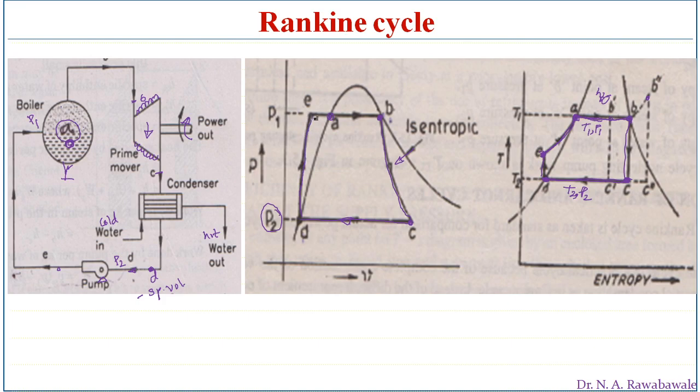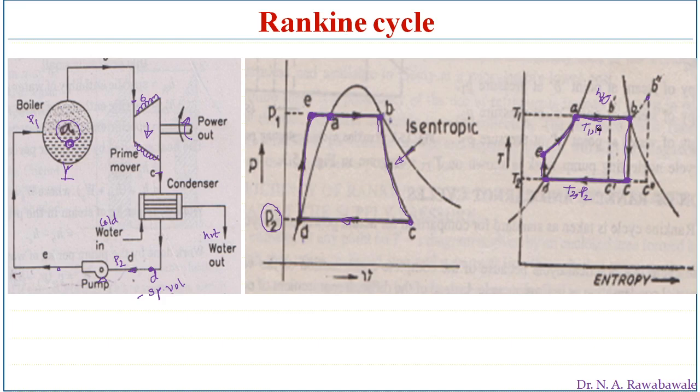On PV diagram, this process D to E is represented by a vertical curve where pressure is increased from lower pressure of condenser to the higher pressure of boiler, and E to A is sensible heating, where heating of this water after entering into the boiler takes place. So this is how this cycle again repeats. A to B again evaporation, B to C expansion, then C to D condensation, and D to E pressurized supply of water to the boiler, and E to A is sensible heating. A to B is again latent heat of vaporization is added.